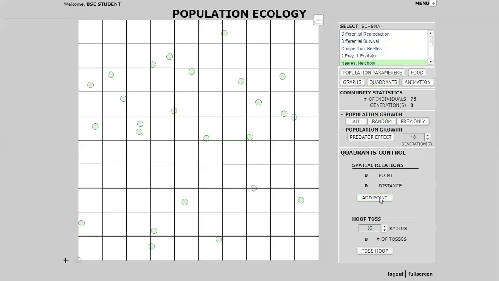Add point, add point. So distance 1 will be from here to its nearest neighbor, to here, which is 242. Add point here to here. It's not really its nearest neighbor, but